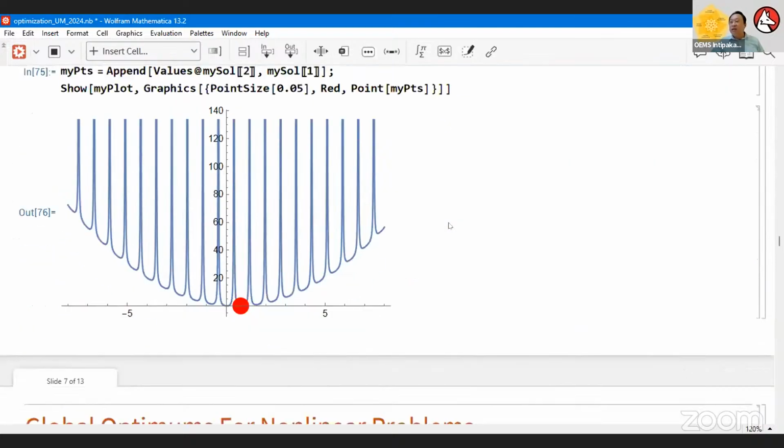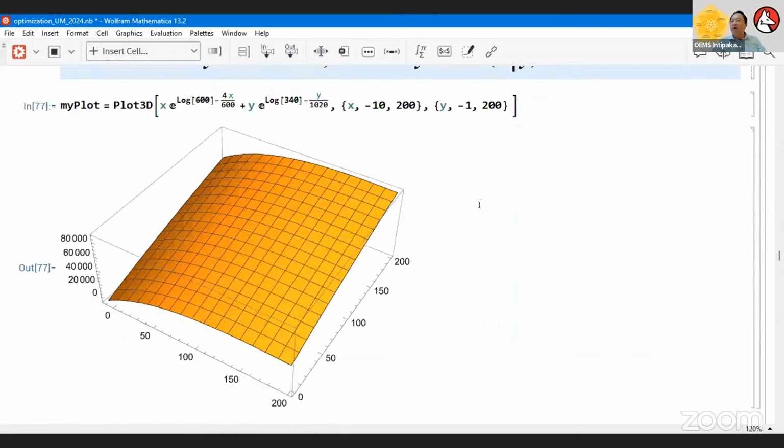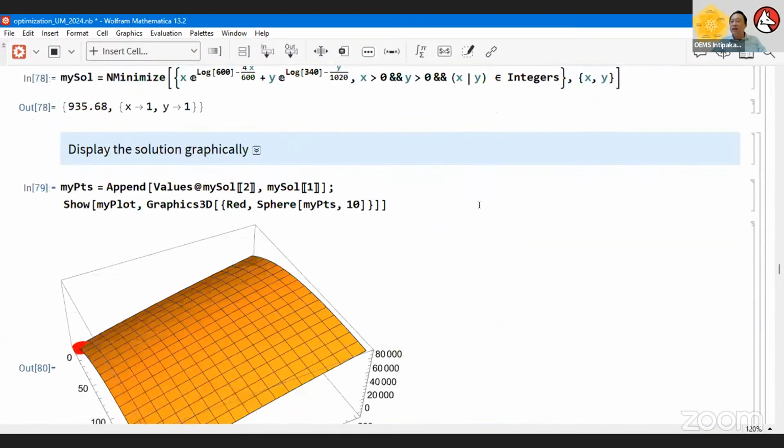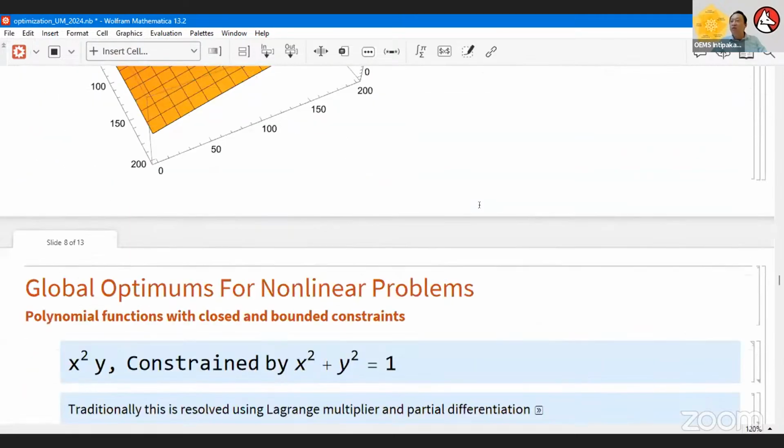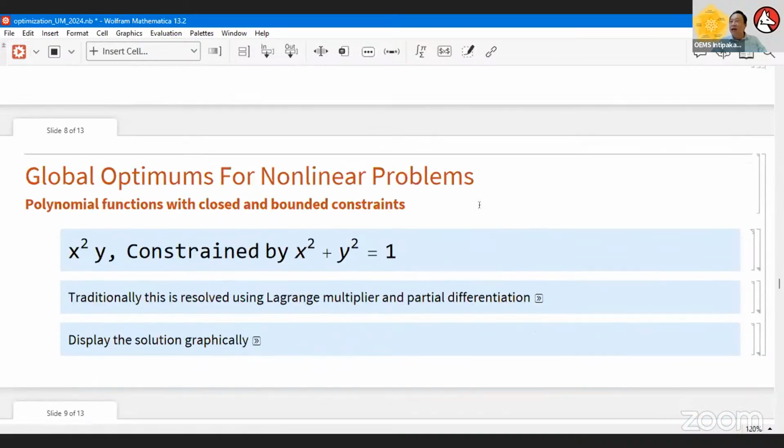Now, let's further look at one additional function here. That will be the last example that I will share with you on nonlinear optimizations before we go on to something very interesting on linear programming, in examples for businesses and industries. This is one of the very common, typical 101 kinds of problems I deal with. We have a constraint x squared plus y squared equal to 1. Pretty much it is a cylinder, yeah?